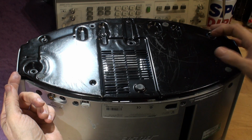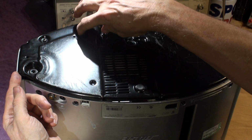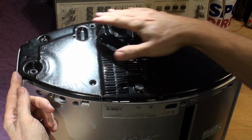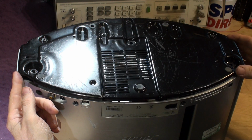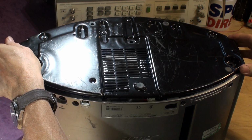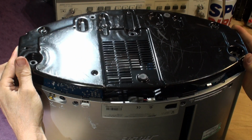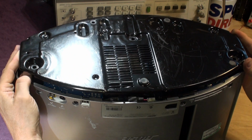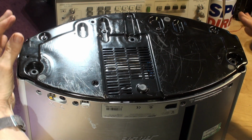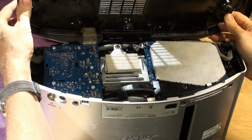but do not just remove it and walk away with it at this point, because there is a ribbon cable under here, a flat, quite a delicate cable underneath here, which you need to carefully unplug once it's been removed. So what we're going to do is just lift it clear of these posts like this. So now you can see it's free. I'm holding that now. And what I'm going to do is just lift it and tip it forward. So I'm going to take this edge here and lift it and tip it over the front, but not very far. And you can see when you look inside,